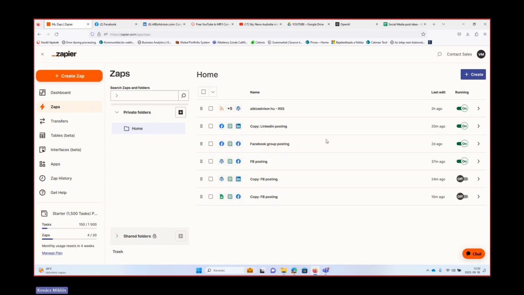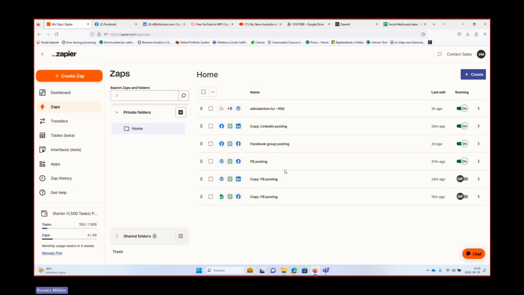Then we also learned how to use a Google Sheet and place ideas, which can also be used to generate blog posts automatically. Then, after having an auto-generated blog post, we can auto-share a Facebook post, LinkedIn post,